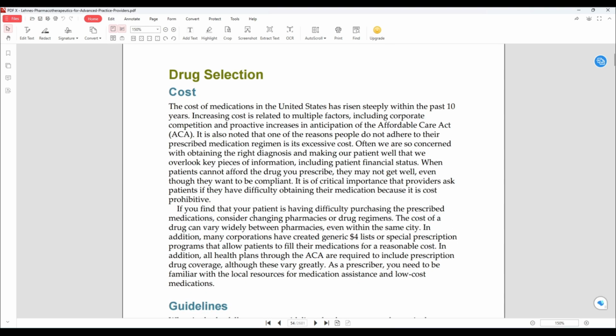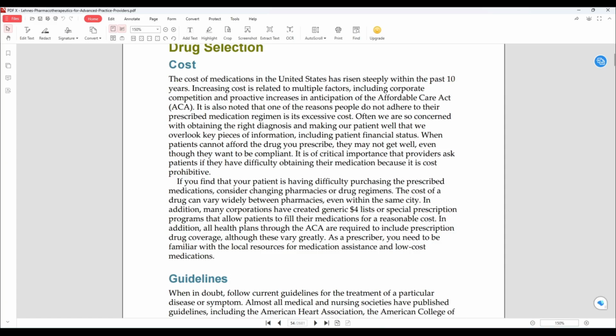So, something to consider is drug selection, the cost. The cost of medications in the United States has risen steeply within the past 10 years. Increasing cost is related to multiple factors, including corporate competition and proactive increases in anticipation of the Affordable Care Act. It is also noted that one of the reasons people do not adhere to their prescribed medication regimen is its excessive cost. Often, we are so concerned with obtaining the right diagnosis and making our patient well that we overlook